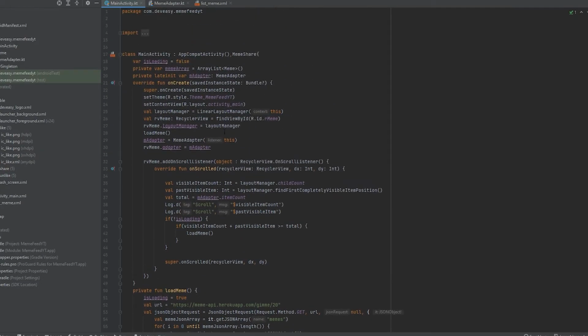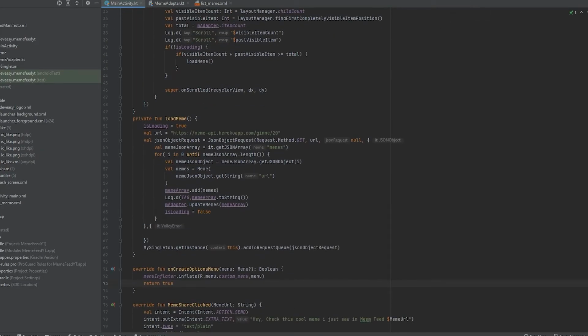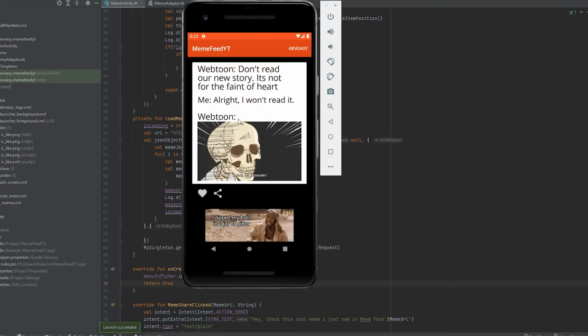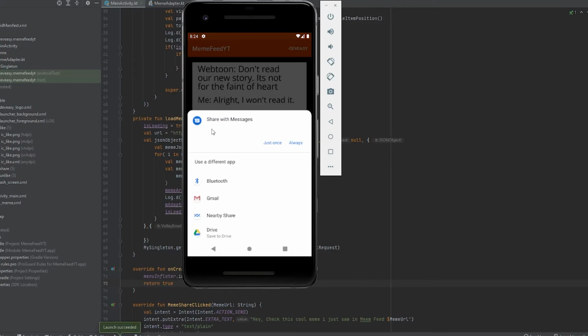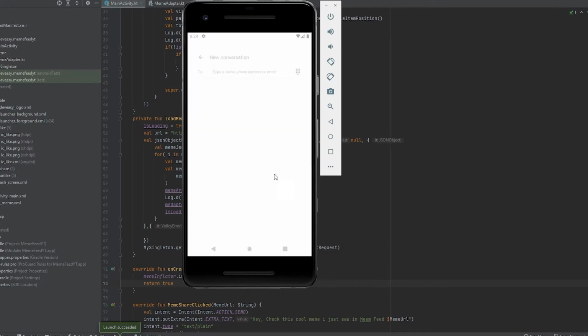Now let's just see sharing our memes. So we'll run this application. Okay, so we have the meme here. I can like it, unlike it, and then when I click the share, the pop-up window should open. So yeah, we are getting it here. So here in this emulator I don't have any apps. So if you are using, you will be getting your WhatsApp, Facebook, Instagram, and everything, everywhere you can share it. And then we will just open with this, and I'll create a new message,